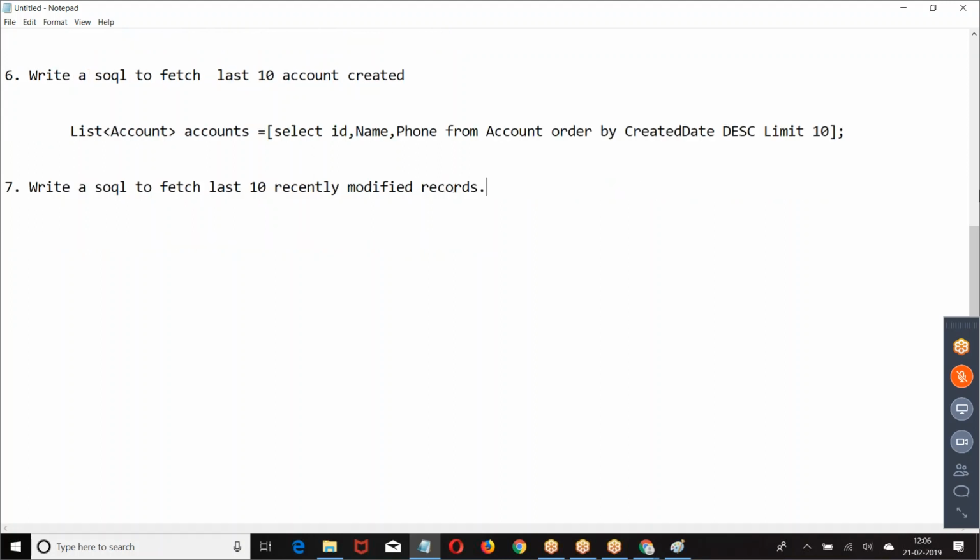Then how did you get these records? List of account is equal to select ID.